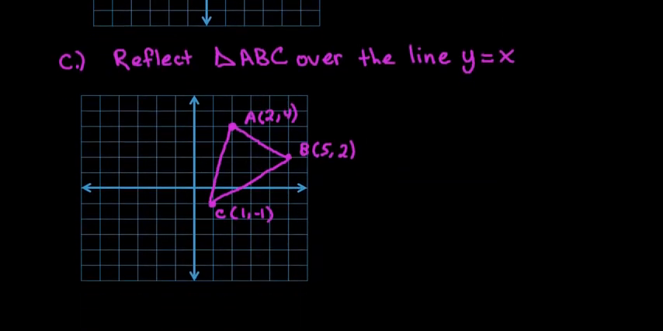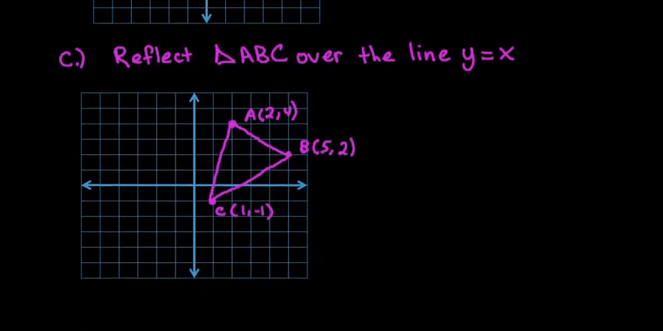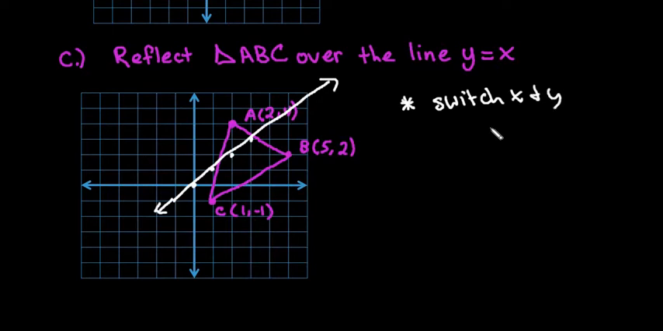And the last one that I want to talk to you about, because this one occurs a lot, is reflecting over the line y equals x. That just means your x and your y coordinates are the same. So when x is 0, y is 0. When x is 1, y is 1, etc. And so what's going to happen is you're going to draw this line right here, and we're going to reflect over this line. So in order to do this one, you are going to switch your x and y